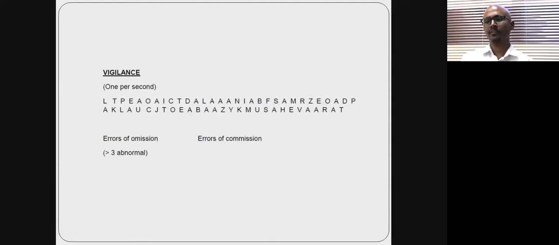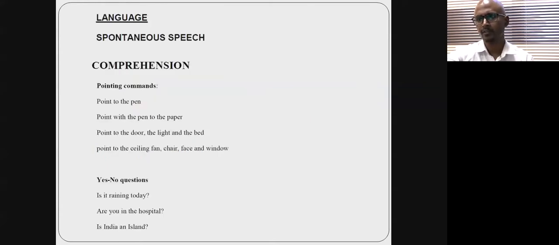So the vigilance test that we do is called the random letter test. We read out all these alphabets that are shown here in sequence, and the person is supposed to tap on the bench or on their lap whenever you read out the alphabet A. A few errors of omission are okay. If there are more than 3 errors of omission or any error of commission, that means the person's vigilance is not good. And if vigilance is impaired, it also means that not only attention, but the reliability of all the subsequent tests needs to be questioned. So in order to communicate with the patient and do other tests, the next most important thing